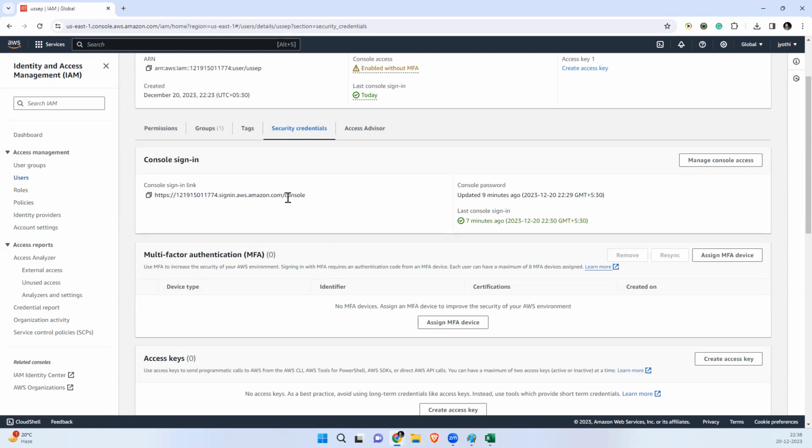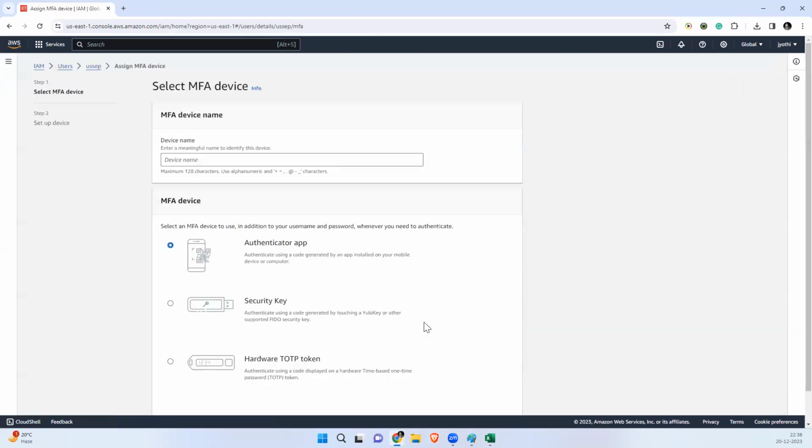If you want multi-factor authentication, you can assign a multi-factor device also. You can use an authenticator app, something like the AWS authenticator app, and attach it. Then we have two-way authentication. You also know this, right, guys? When connecting to your VPN, or a Gmail account or whatever it may be, there is multi-factor authentication.